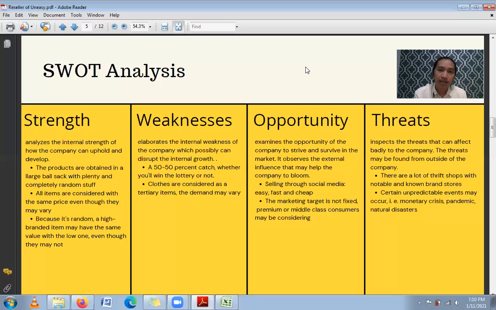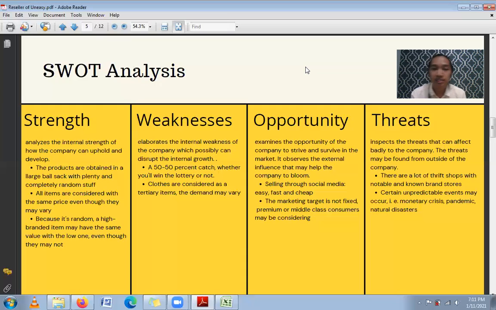Opportunity means that we examine the external chances of how the company may grow, and the opportunity is that we sell things through social media. So nowadays, with the arrival of instant media like Instagram, Shopee or Tokopedia, they are considered easy, fast, and cheap. So you don't have any additional funds to create a shop,